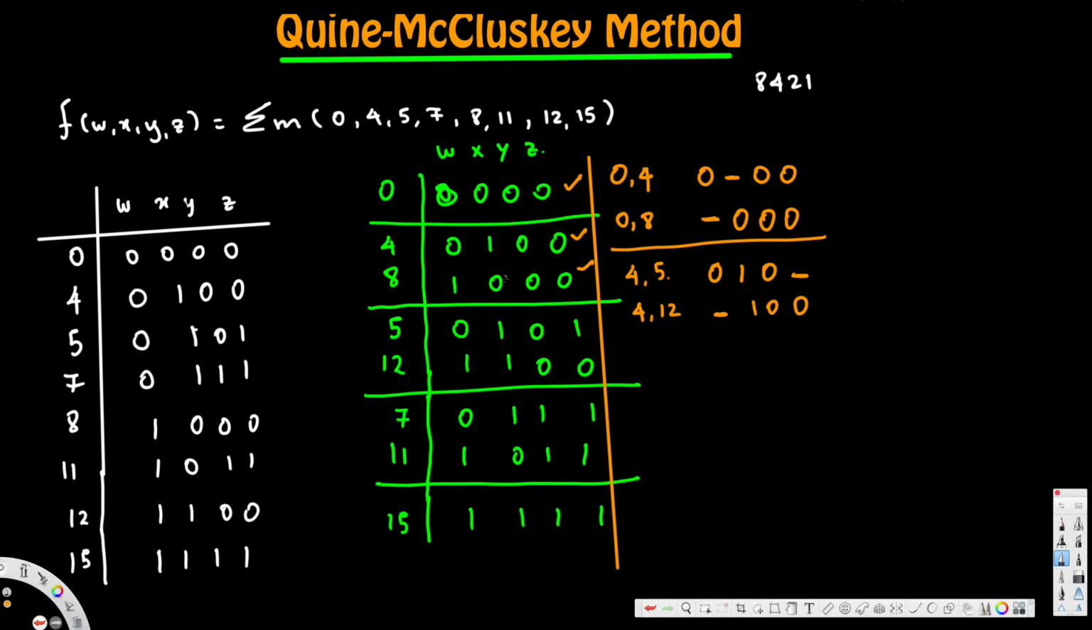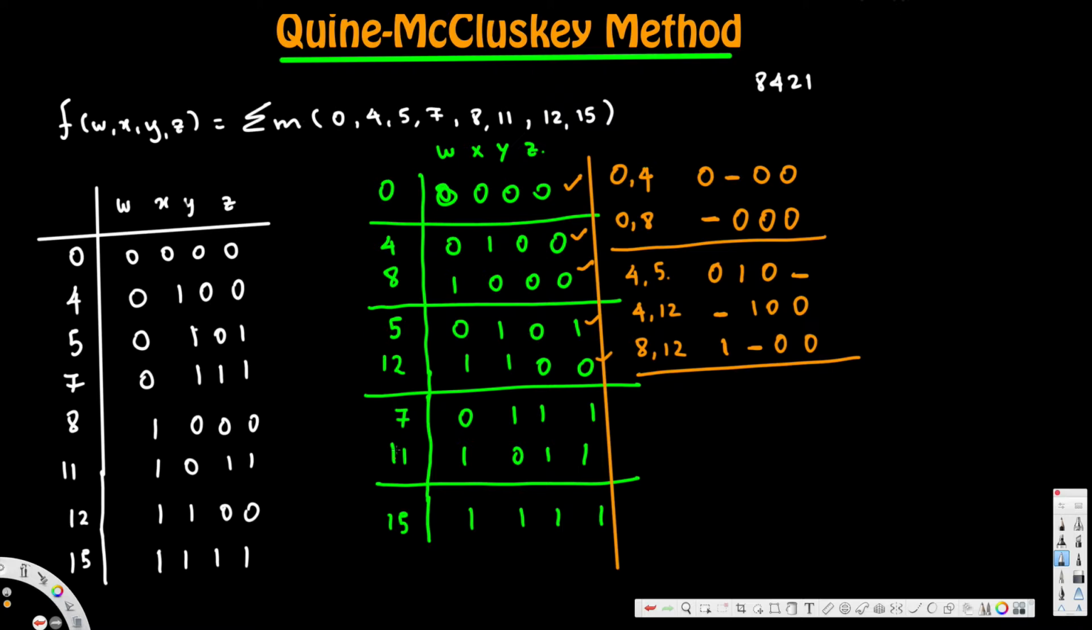8 and 12, 1 0 0 0 and 1 1 0 0. So only the second location is changing. So if we take 8 and 12, first one remains the same, second one is changing, so we put a dash, and the third and fourth are not changing, so we put 0 0. So this one is done, and we have taken care of this one, and now we have to compare 5